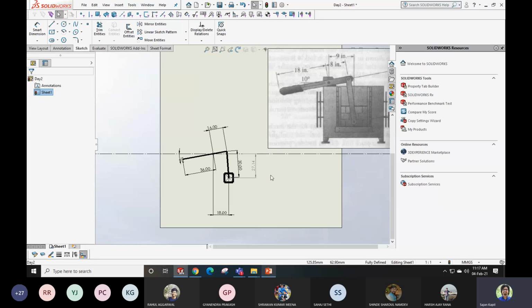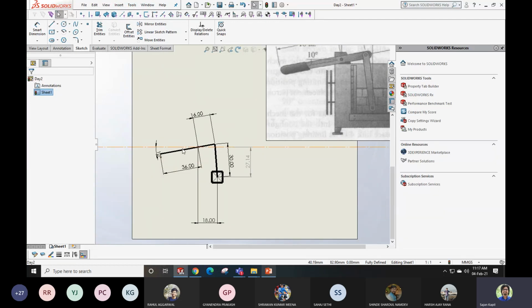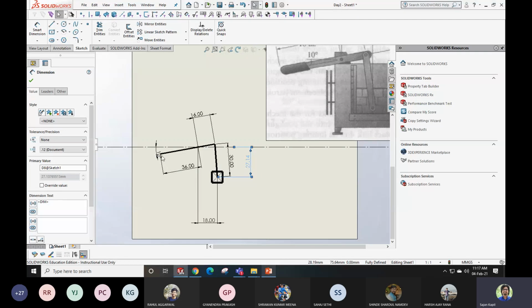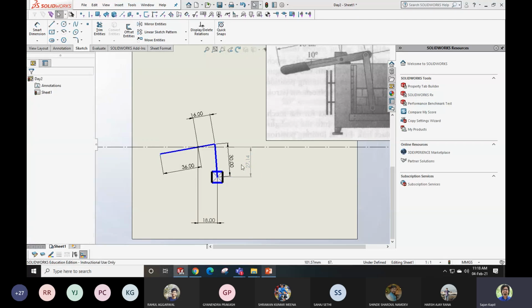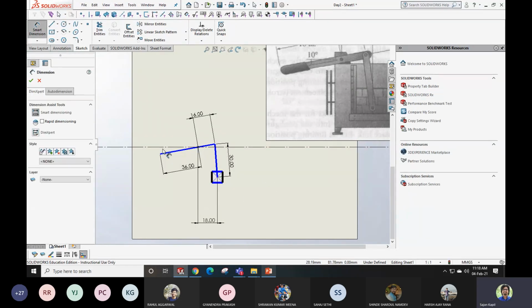Now what I can do is quickly draw one more, like you have done. That is possible, or I can just change this dimension from 10 degrees to something else. I mean, we need to change the output, right? So this should be the driven dimension. You can do it in two ways. There are two types of dimension in SolidWorks: the driving dimension and the driven dimension. We want this to be a driven dimension.